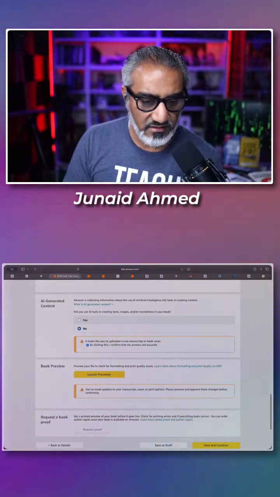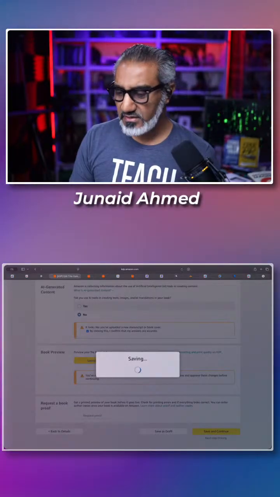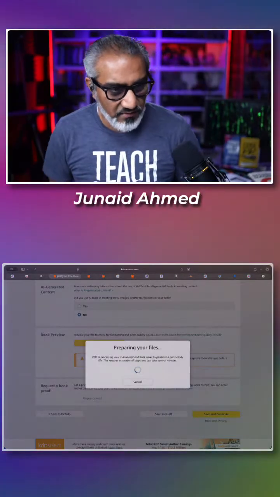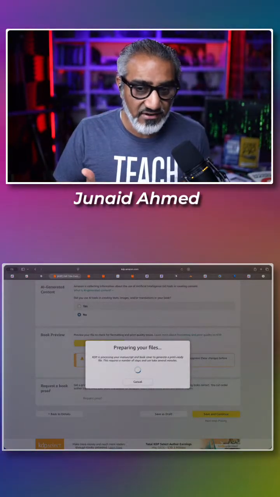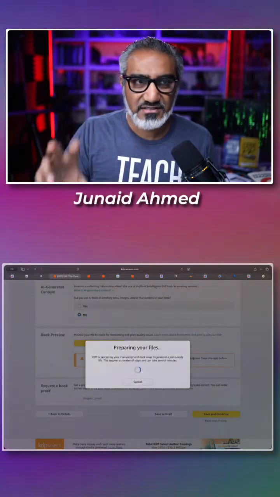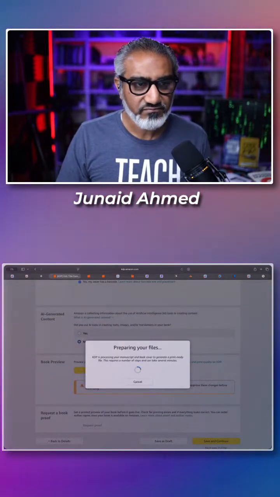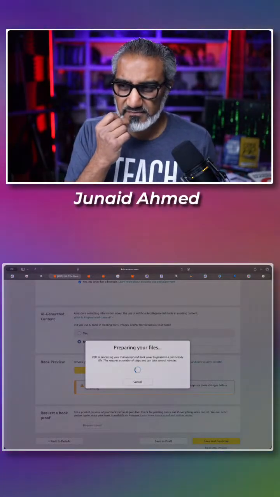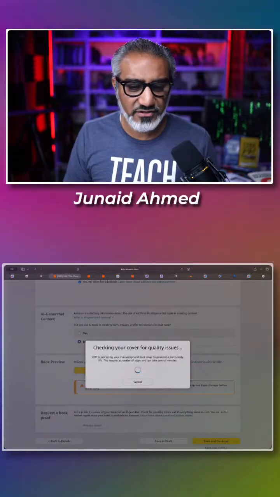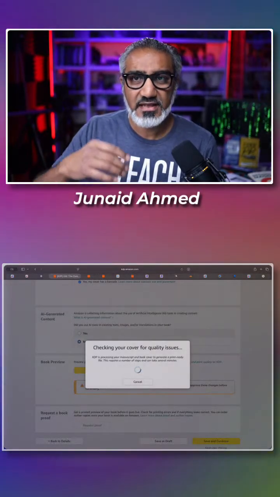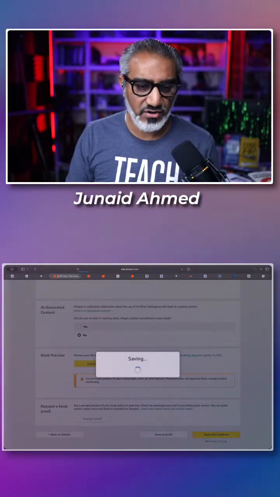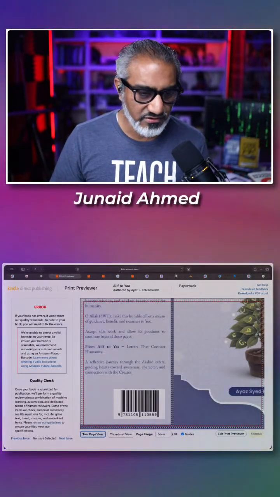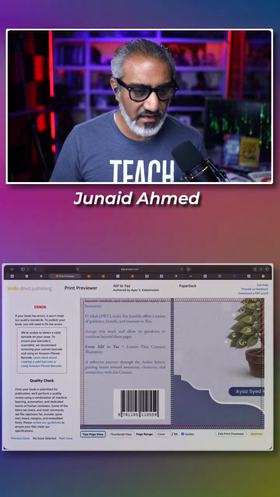Click OK. Launch previewer. It's going to run through the whole process again just to make sure that we're good to go. And once it's good to go, I can actually activate it to the store, which means it's going to take, I believe, 48 to 72 hours before they approve it and make it live for literally everybody to go and buy the book. And then the next process after that is that we're going to, oh no, it's still giving me that error.